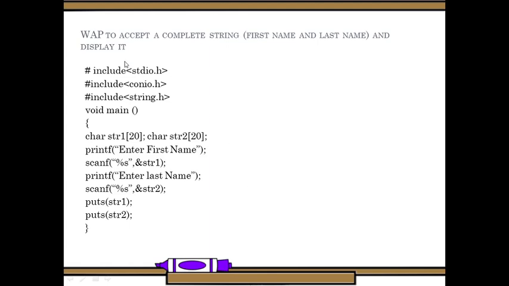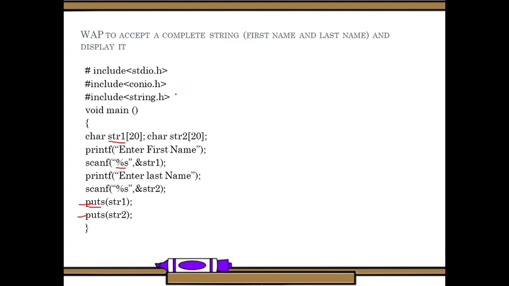Here is an example. Write a C program to accept the complete string as a first name and last name and display it. For this I am using str, and puts is a function to print the string.